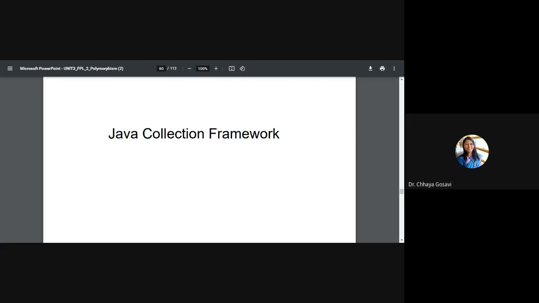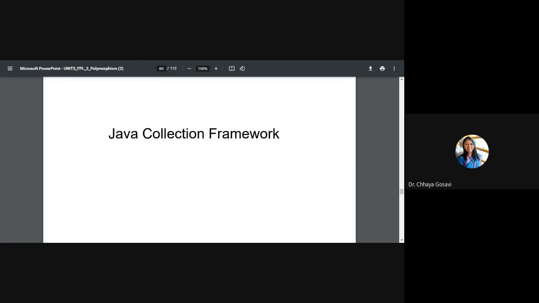Similar to that, Java has provided an inbuilt collection of many classes and interfaces like ArrayList, LinkedList, Arrays, Date, Set, HashSet, Trees, and many more.